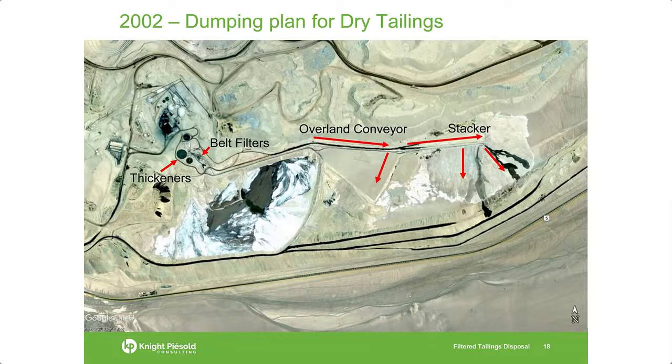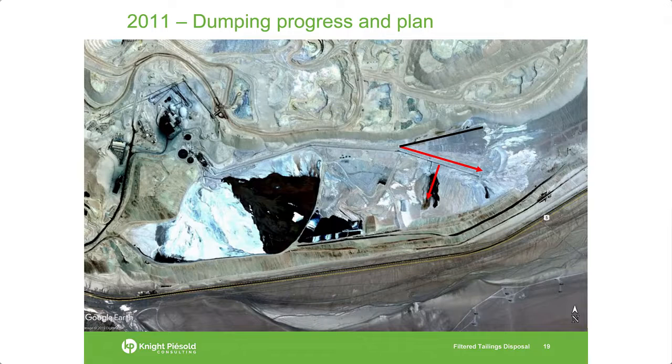And this is what it looks like looking at Google Earth pictures. Your plant is sitting over here with the belt filters and the pre-thickeners off to the one side, conveyed overland. This triangular area here was the first radial stack, and then they started using the second radial stack and depositing the material up against a boundary wall on this side over here. This is a picture of the same facility a number of years later, and you can see that from the black line to the red line they've pivoted that facility, and now they're depositing in this area over here